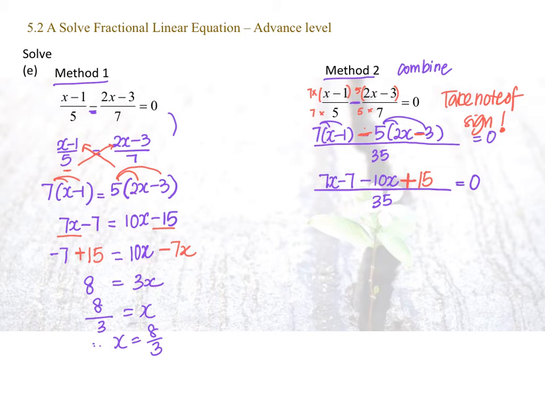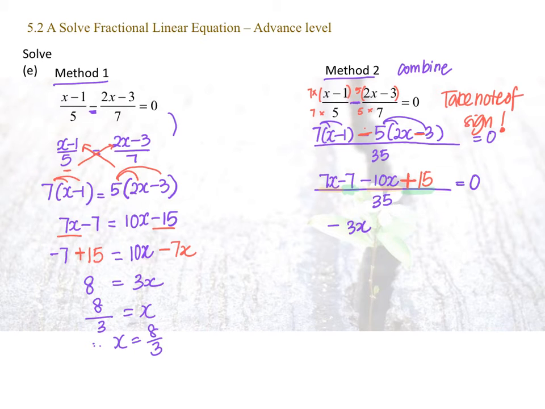Simplifying our fraction, putting the like terms together, 7x with negative 10, we will get a negative 3x. And for negative 7 with positive 15, we will get a